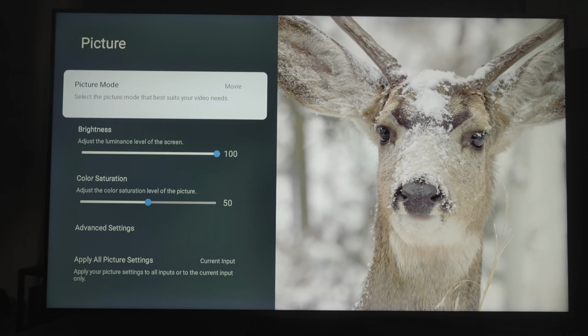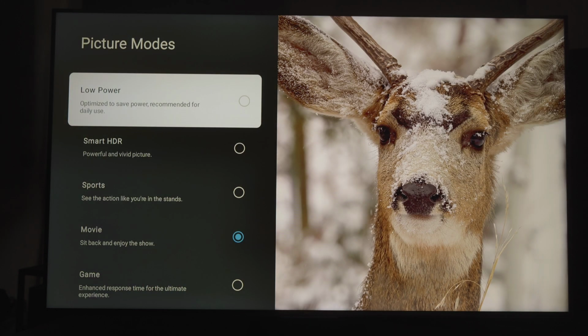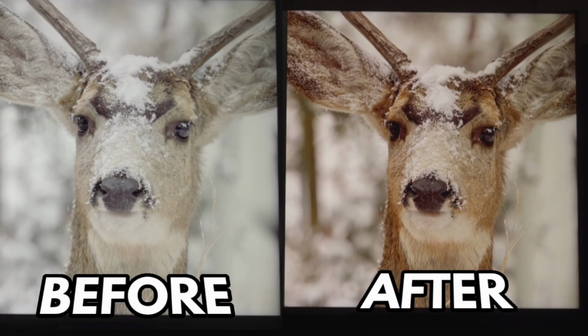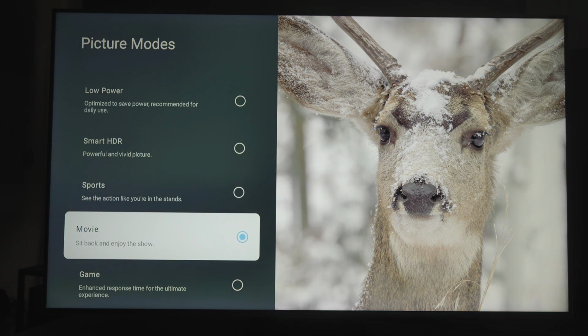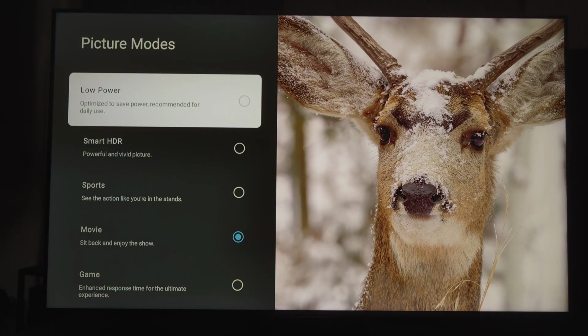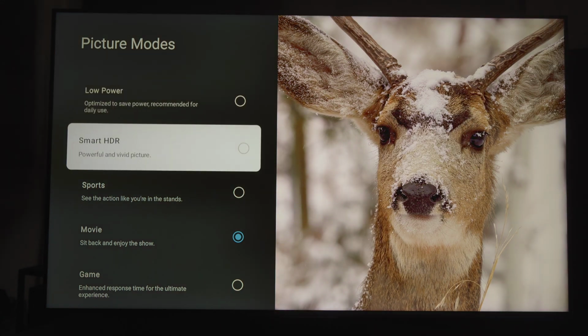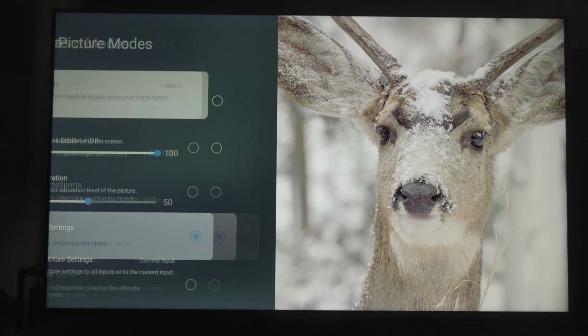Are you ready? Because that over there, this is your before right here. Okay? This is your after. Before, after. It's a massive, massive difference. And you can even do it with smart HDR. Before, after. Before, after. I mean, it doesn't matter what mode you use, the results are going to be that day and